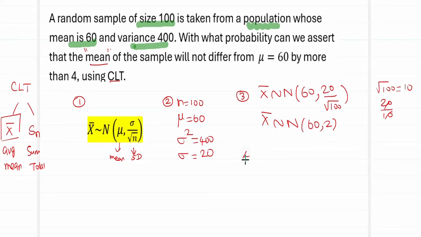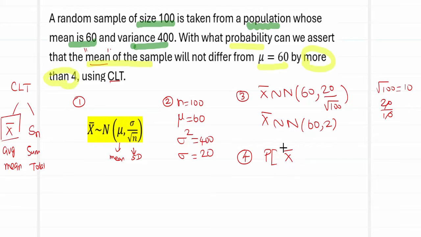Now, step number 4: identifying the question from the problem. The question asks, with what probability can we assert that the mean of the sample will not differ from mu equal to 60 by more than 4? So how do we reframe it? We want the probability that the mean of the sample, which is given by X bar,